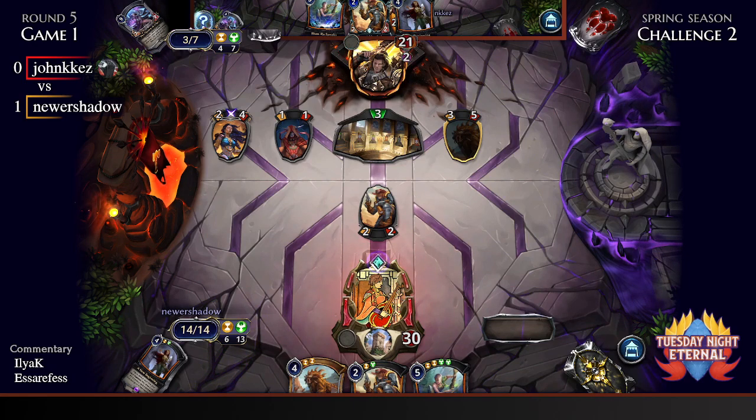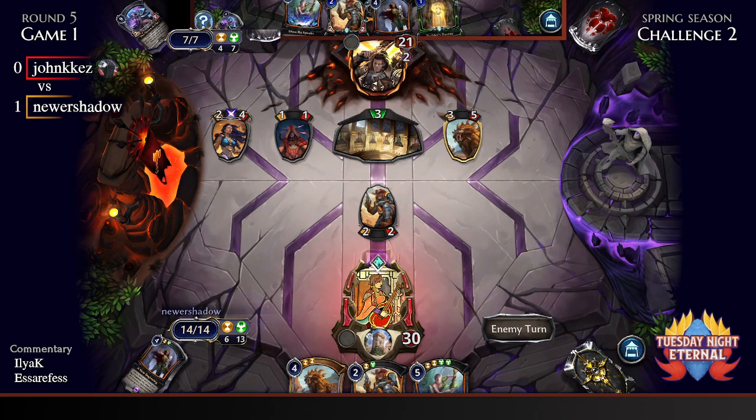Shenra Speaks is the pickup for the turn for Newer Shadow. I don't think they're in any hurry to burn it. Ambushing the Pride Leader can take care of the enemy Pride Leader, and